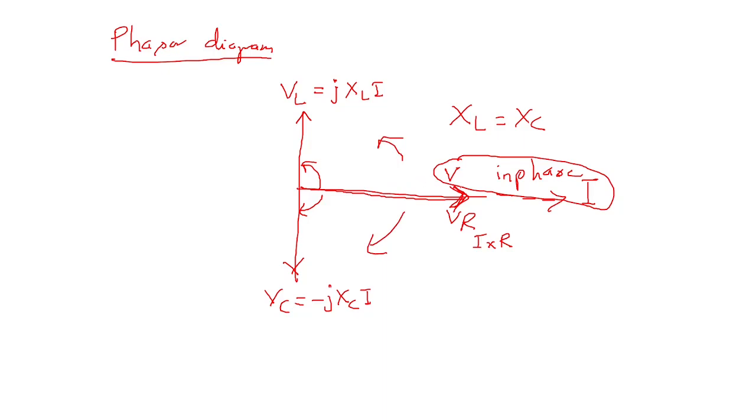So it is in phase with the voltage, and that is because the effects of inductance and capacitance are equal and opposite. They get cancelled out and only resistance remains in the circuit. This is what the phasor diagram says. So at resonance, XL is equal to XC. So VL and VC are equal in magnitude and opposite in phase, and hence they cancel out each other. So the voltage drop across R will be equal to VR.